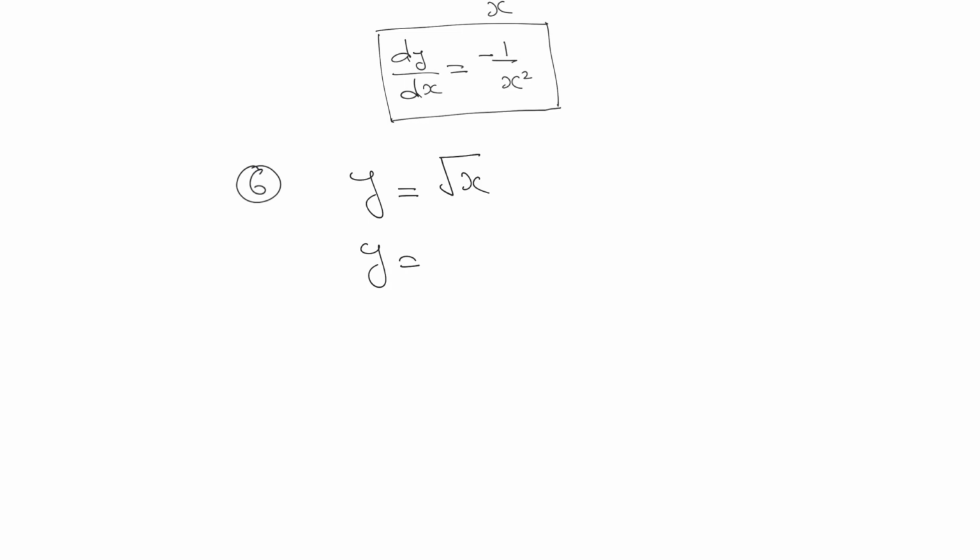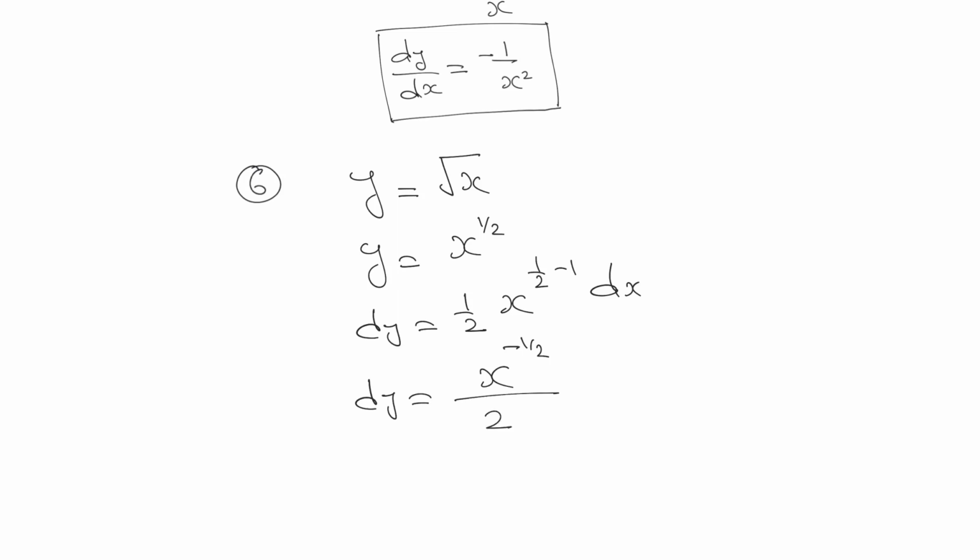So y is equal to root x means we can write x raised to 1 by 2. If it is cube root of x, we can write x raised to 1 by 3, like that. So y is equal to x raised to 1 by 2. So we can write dy will be equal to, over here instead of n we are getting 1 by 2. So it is n into x raised to n minus 1, 1 by 2 minus 1 into dx. So dy will be equal to x raised to 1 by 2 minus 1, which is minus 1 by 2. So x raised to minus 1 by 2 into 1 by 2, divided by 2 into